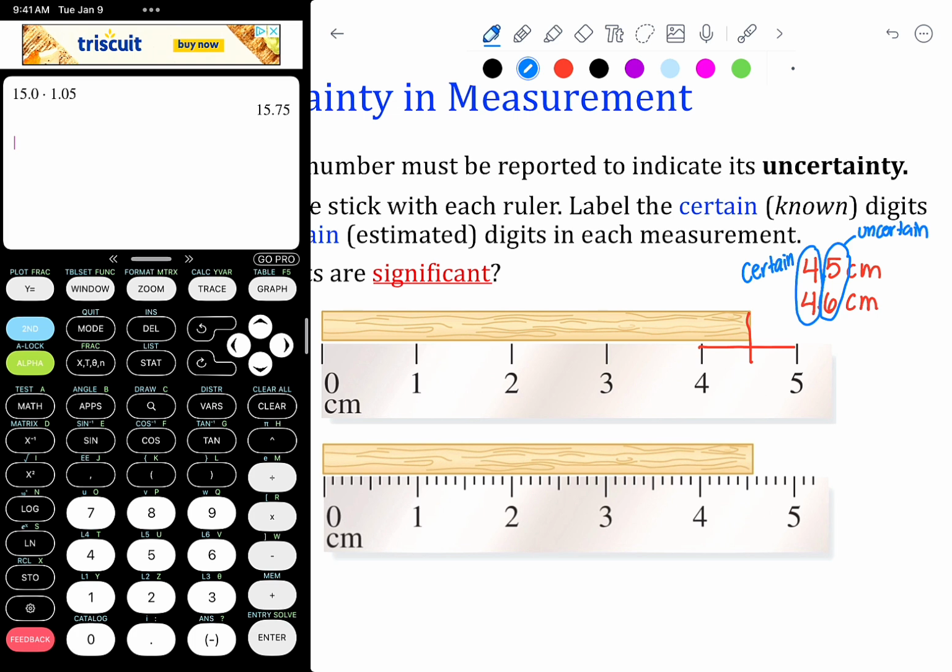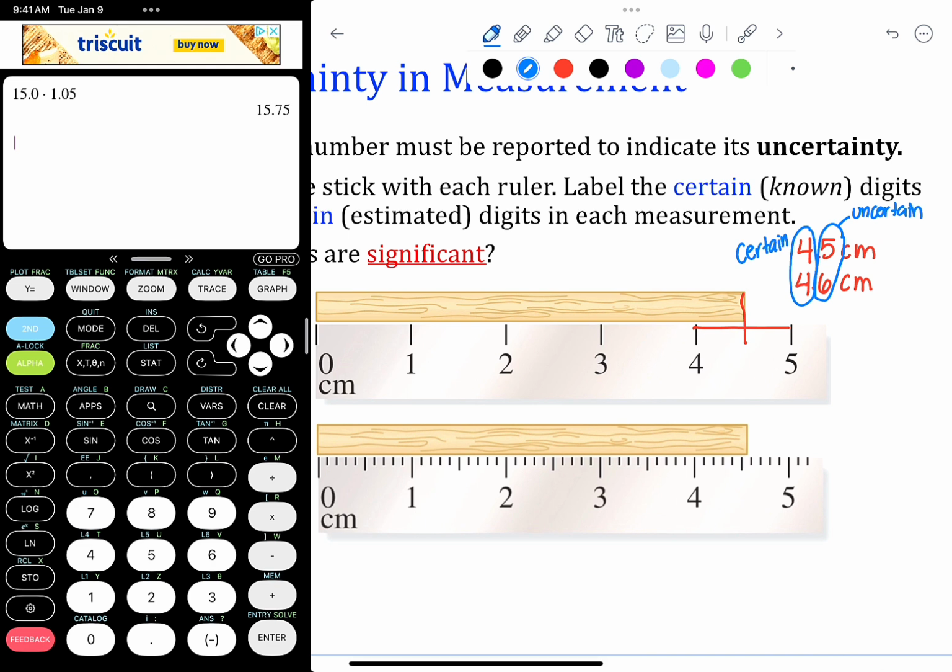Now, if we go to our second ruler here, the only difference is I have a few more tick marks on that ruler, so it's a little bit easier to measure. So again, we are certain that this is 4 point something centimeters. Now we can zoom in and say, okay, here's that 0.5. It's definitely greater than the 0.5, so I'm certain that this is going to be at least 4.5. But now I have to decide how far is it between that and its next tick mark. Could it be